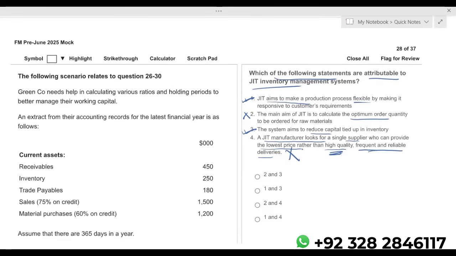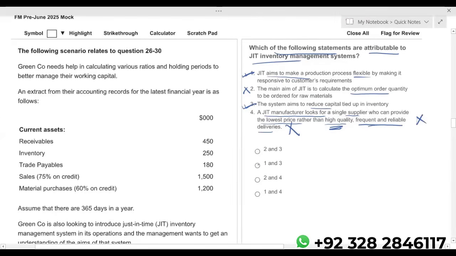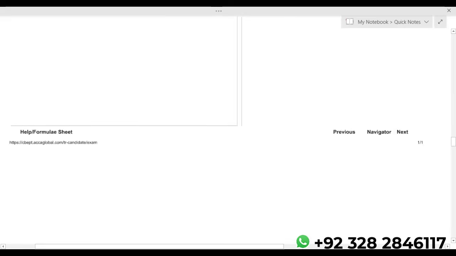Now, someone is basically supporting my JIT system. So please don't expect to get the raw material from that supplier at a cheaper price. Number one. Number two, I'm not after a low quality product. I need high quality. So a little bit correct, a little bit wrong. So the fourth is simply incorrect. So logically 1 and 3. Let's see. Do we have that option? Yes. So far the question looks easier. Let's see what comes next.